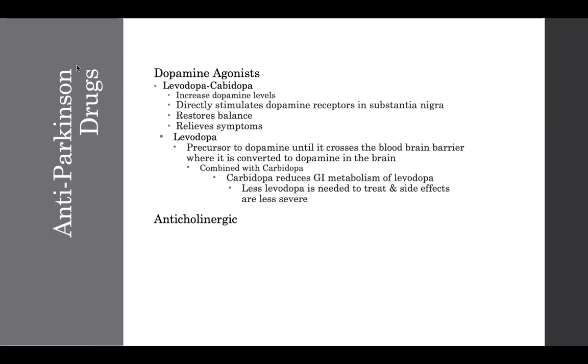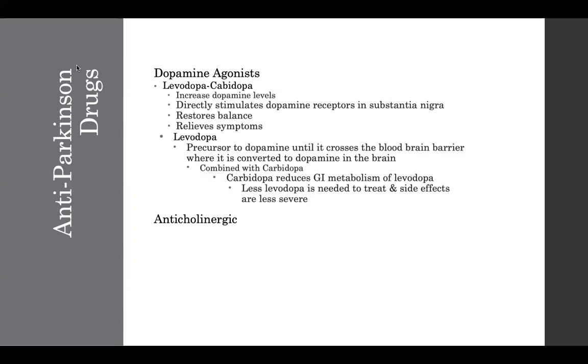Okay, so anti-Parkinson drugs. Your main anti-Parkinson drug is going to be those dopamine agonists. That's levodopa, carbidopa. So levodopa is going to increase that dopamine level. It's directly stimulating the dopamine receptors in that substantia nigra area and restoring balance to the body there to help relieve those symptoms of Parkinson's, so the slow shuffle and gait, tremors,